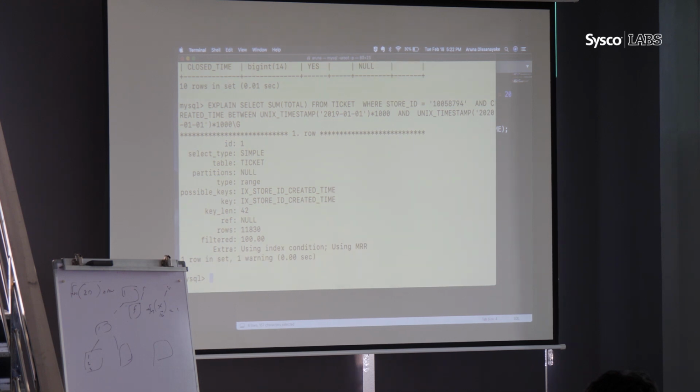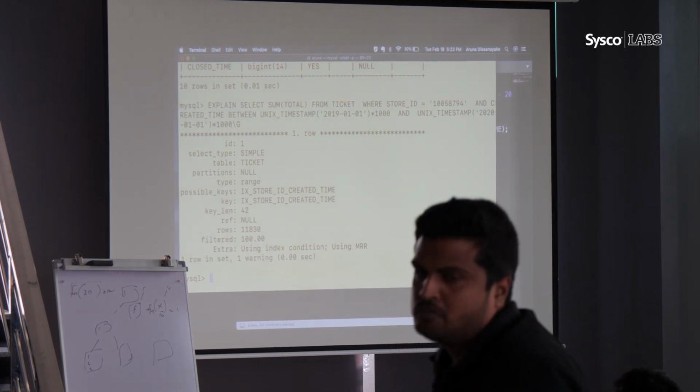With this, to get the same result, you just have to analyze 11,000 records, which will run very fast. If you enable profiling, you can see what is going on internally as well. Any question up to this point?